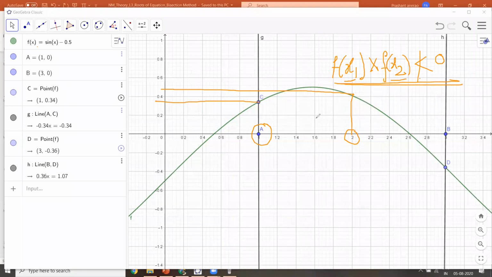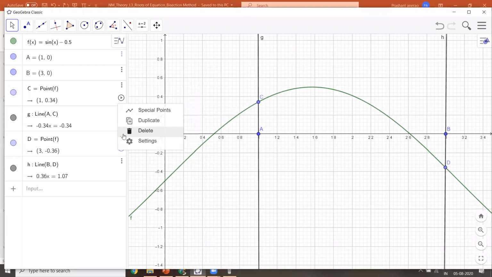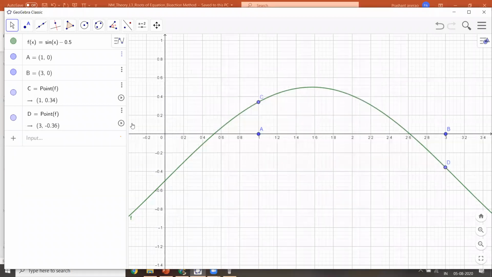Okay, so in a similar way we go for the next iteration. So what we have done is we found A and B as our initial guess. I'll erase this earlier window. We are slightly modifying our procedure. We are coming up with the mathematical approach for the bisection method. Okay, so please pay attention.